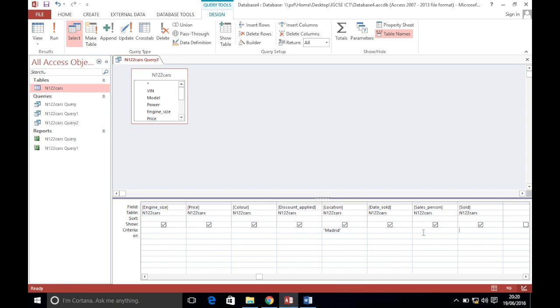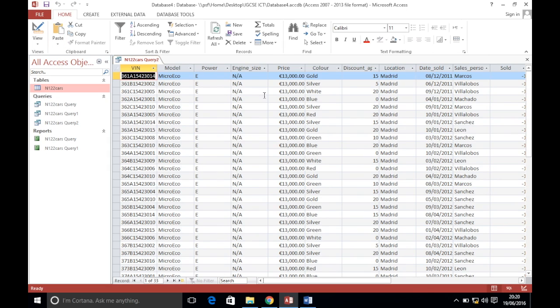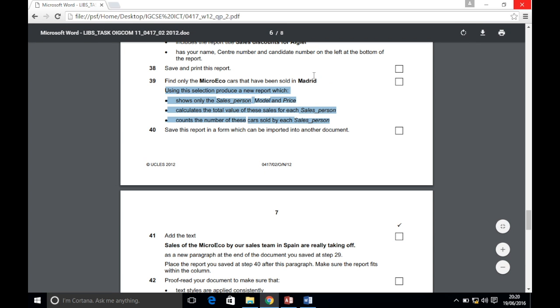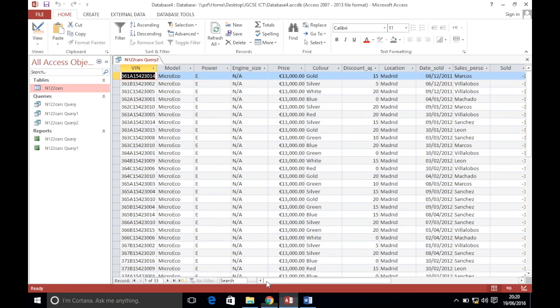That have already been sold. Right, so let's check the data. So micro eco, location Madrid, sold. Micro eco, location Madrid, sold. So from here,